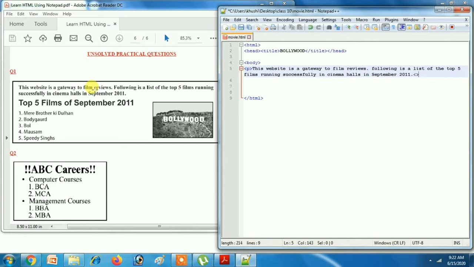Okay, and paragraph closed. Got it? Then save it.